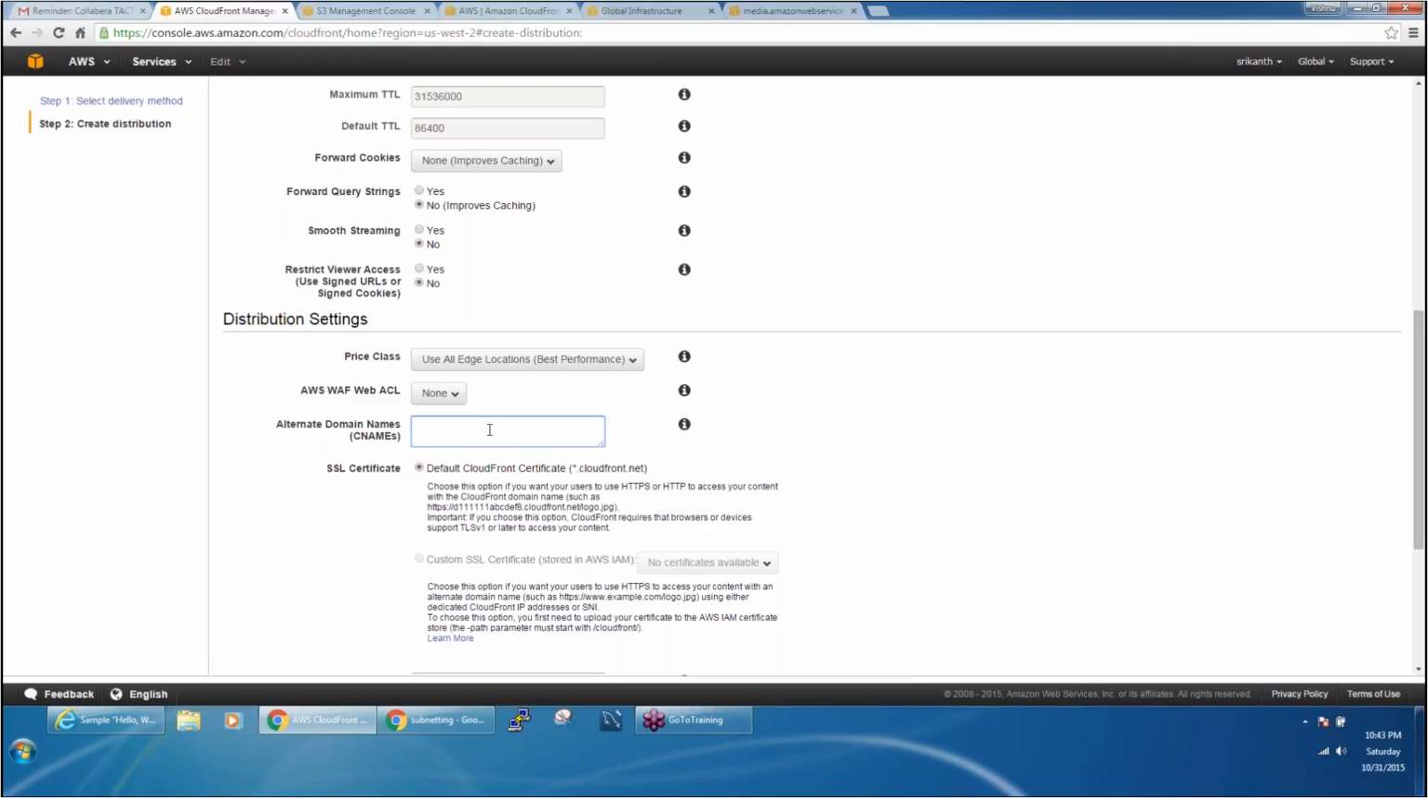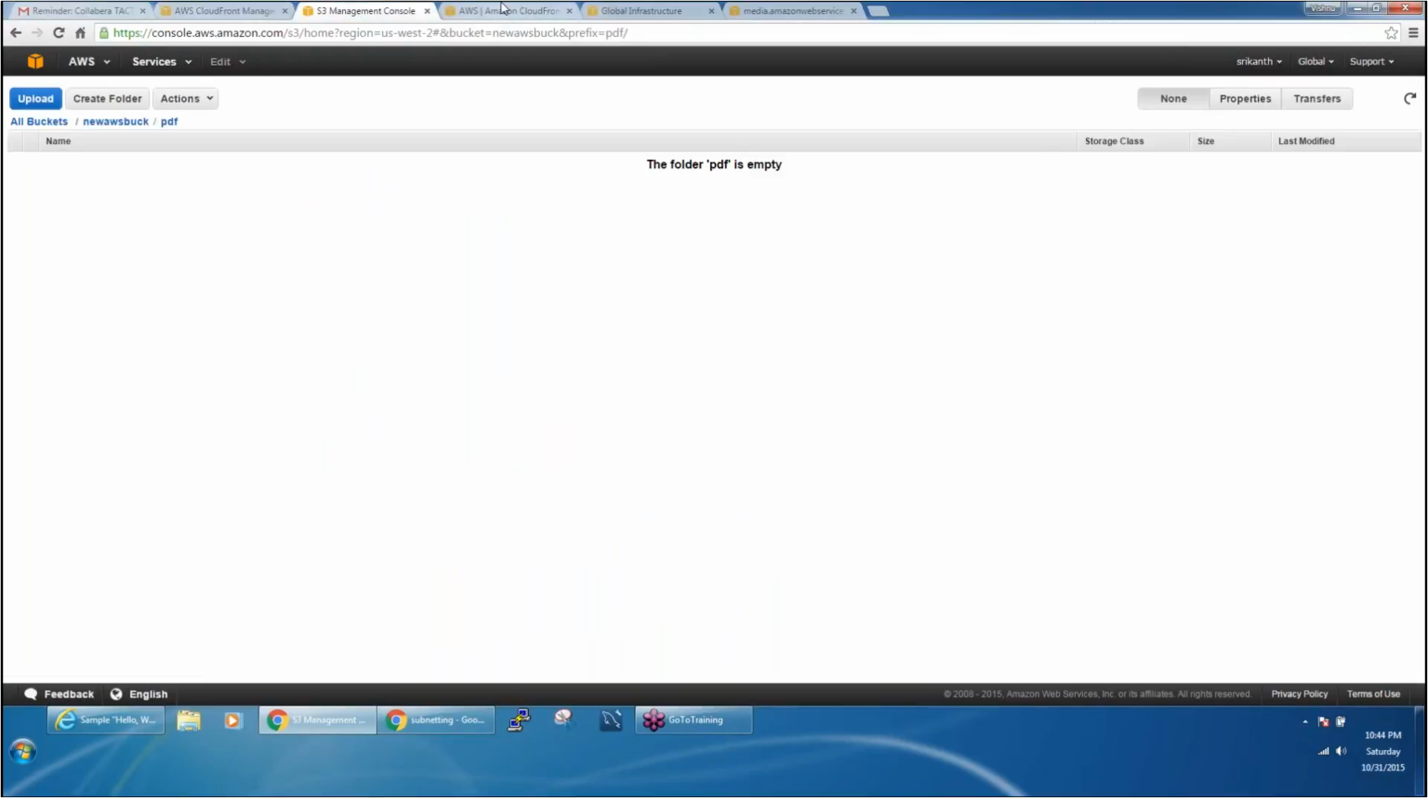So once this CloudFront is configured, what is the domain name on which you want to access it? Alternate domain names. Say I want to access cdn.collabora.aws.in. If you remember from yesterday's class,